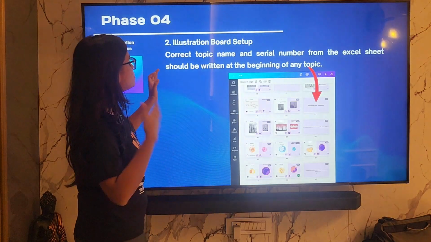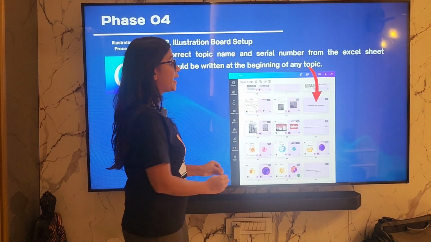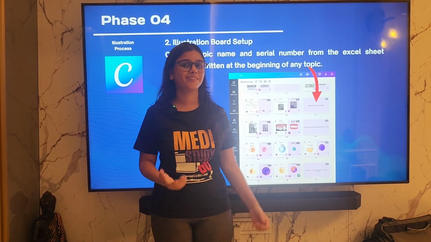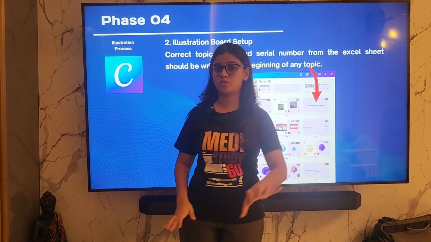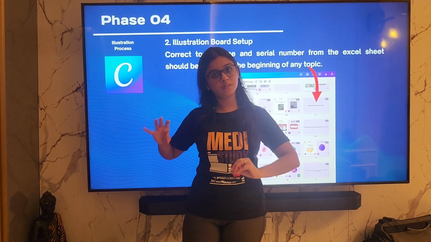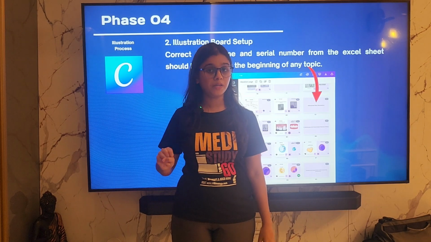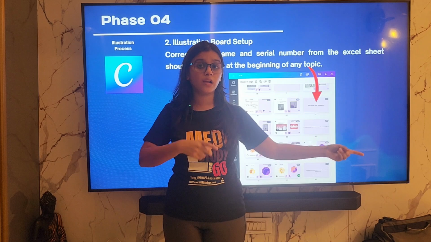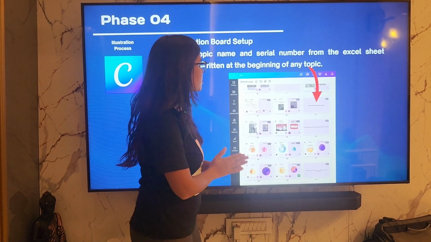So we want to make sure that before we start placing illustrations, we write which topic that illustration needs to come for. So earlier we discussed the serial number. Here is where the serial number is very important. For example, we are talking about external root resorption, right? So we need to know that okay, it's coming in chapter number 6, mind map number 3. So we'll write 6.3 external root resorption before we even start the topic, so that the illustrator knows which topic he's working on. When tomorrow the design team needs your illustration, they know that okay, this is this topic, and it becomes a very seamless process.